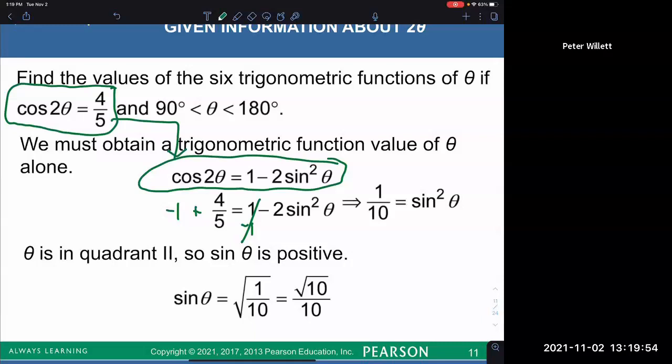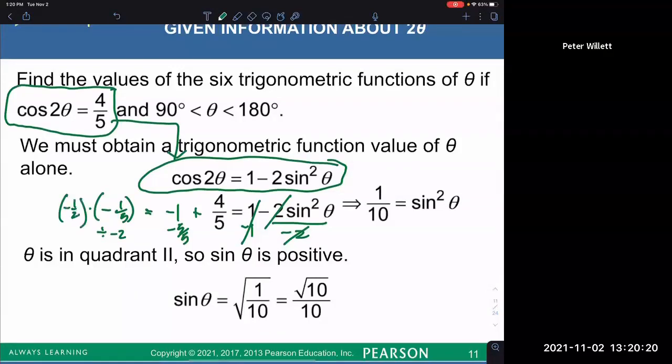So if I subtracted these, -1 plus 4/5, that's -5/5 plus 4/5 gives me -1/5. And then they divided by -2, and -1/5 divided by -2 is the same as being multiplied by the reciprocal, negative 1/2. And negative times negative is positive, and 1/2 times 1/5 is 1/10. So that's the steps that they didn't show, that they just assumed you would do by yourself